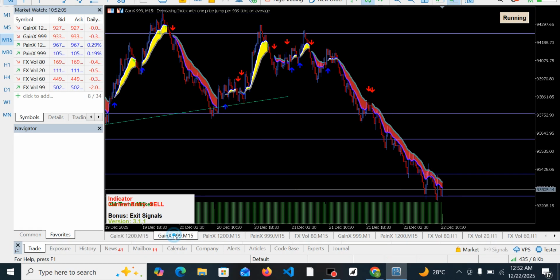Okay, now let's move on to GainX 999. And just the way we have seen this, GainX 999 actually switched still from the resistance zone. At first, it gave us a trading signal at this point, switched from an uptrend into a downtrend, and it sold till it got to this region. It was unable to go further. So it went back on uptrend again, but this time around finds it difficult to break out above this resistance zone. So it switched from uptrend again into a downtrend.